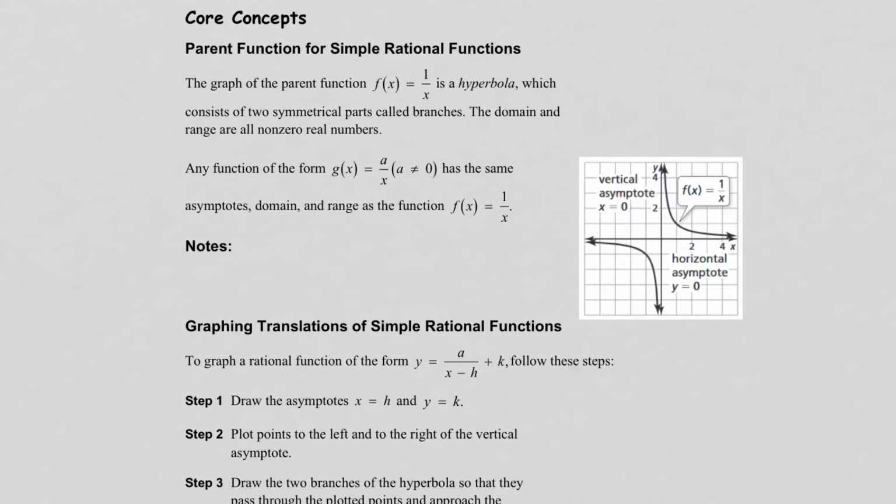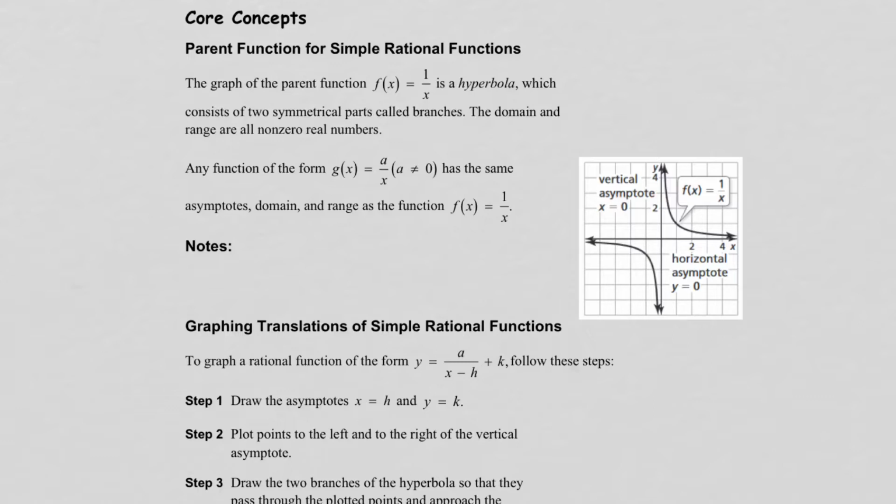Okay, these are the notes for 7.2. We are graphing rational functions. The equation of a rational function would be f of x equals, well, the parent function is 1 over x. The graph is a hyperbola, which consists of two symmetrical parts called branches, and the domain and range are all